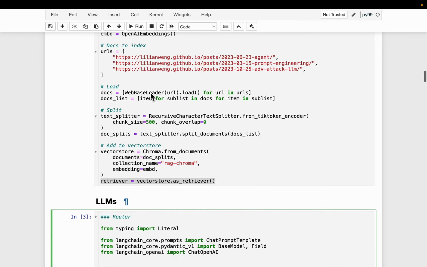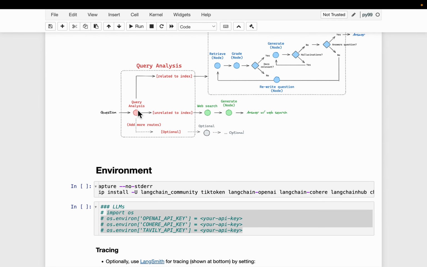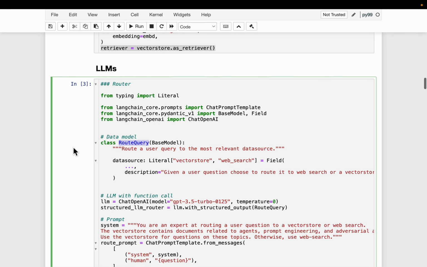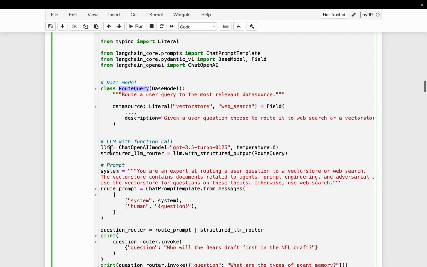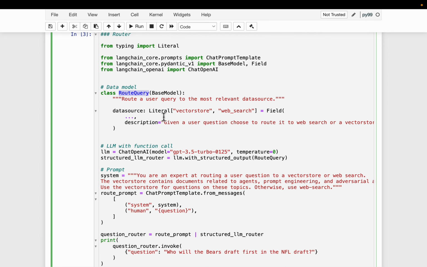The router's job is to first analyze the question and figure out if it is relevant to the index we built. All the nodes or capabilities we are going to build follow a similar pattern, so let's spend some time on this and we can go over the rest a little faster.